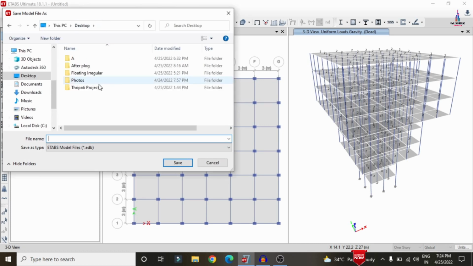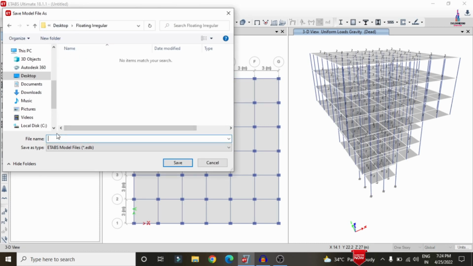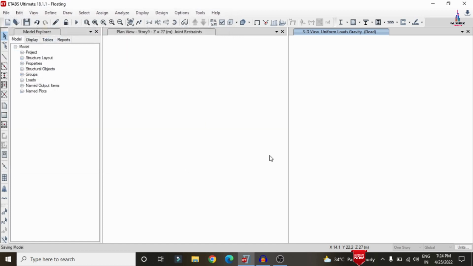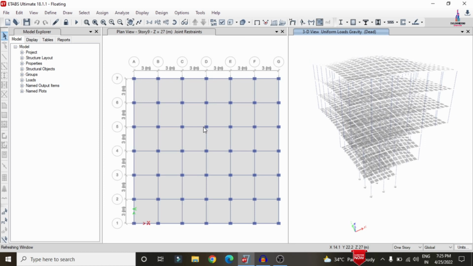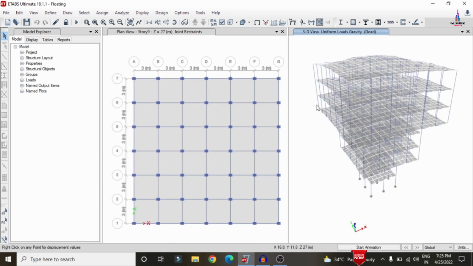So here I am selecting my desktop, naming it floating irregular building structure, click on Save option. Okay, so that it will do the analysis process for the particular structure with the consideration of the different types of the load cases. Now you can see this is the deflection diagram for the particular structure due to the presence of the dead